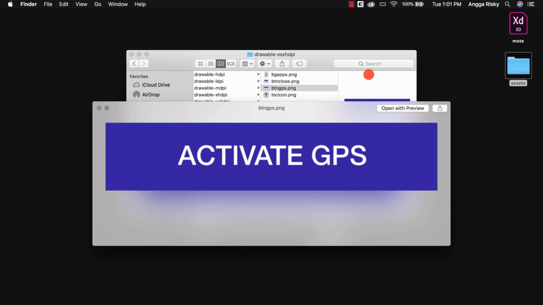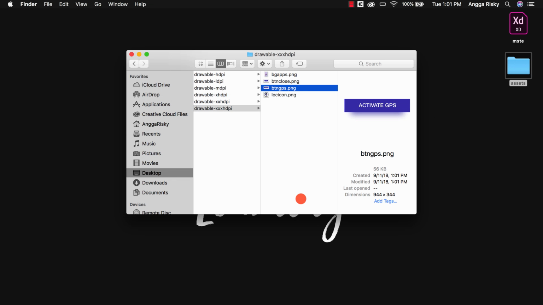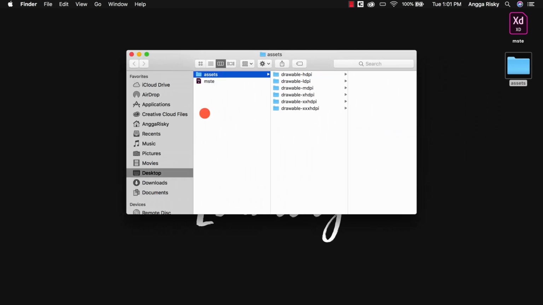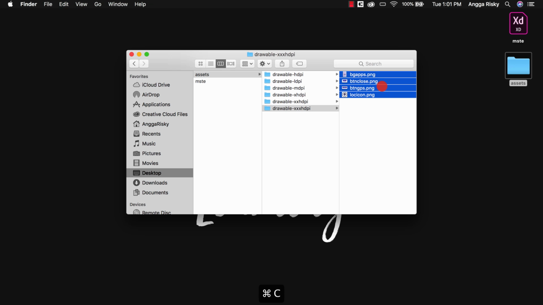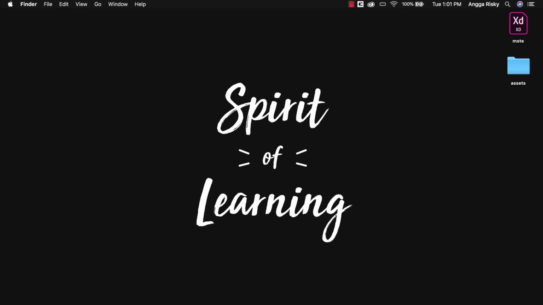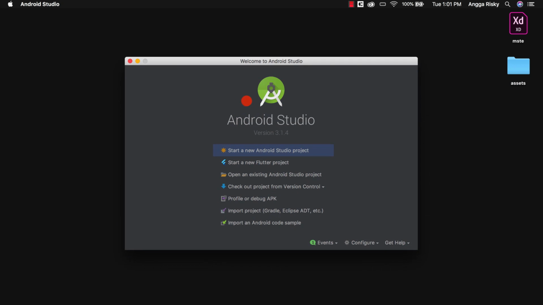The reason why I use PNG is that I'm not able to make shadow in Android, so I'm using PNG. But that's okay. And then you select all of them and create a new Android Studio project.